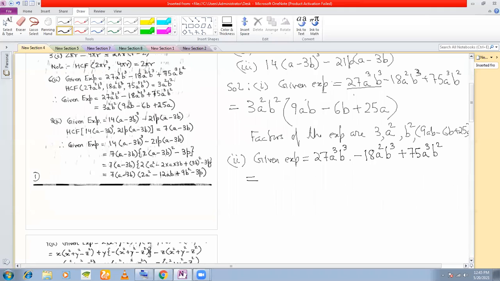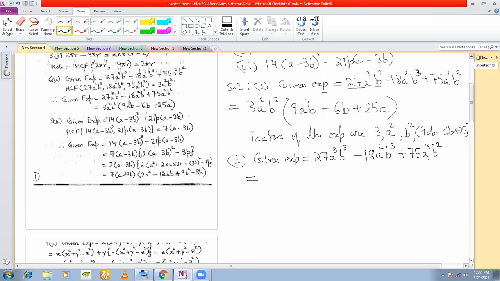Now remember, while grouping, as I told you last year also, mostly you will be required to group two terms together. Most of the problems will get solved if you group two terms together. Very few problems are there in which you will have to group three terms together. So here I have only three terms, and I cannot group two terms because if I group two terms together, one term will be left, right? So I cannot get any common factor. Therefore, here I will group all the three terms together.